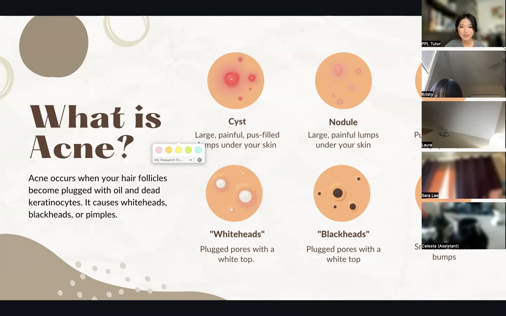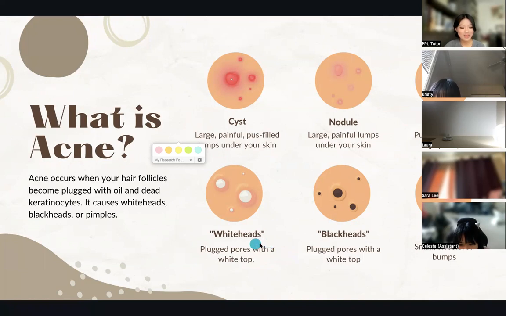And then we have our pustules. So pustules are pus-filled lumps, and these generally develop out of nodules, or they just form by themselves. And generally a lot of people, when they see a pustule, they want to pop it. That's probably not ideal, because it's going to cause a rupture in the skin that could lead to the formation of scar tissue. And we do not want scars. Those take a long time to go away.